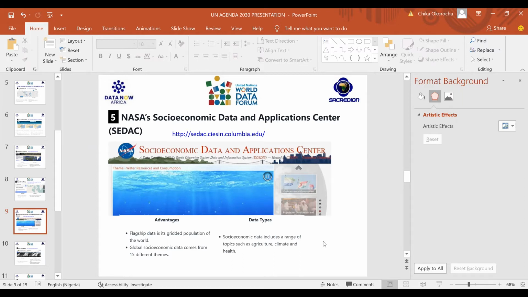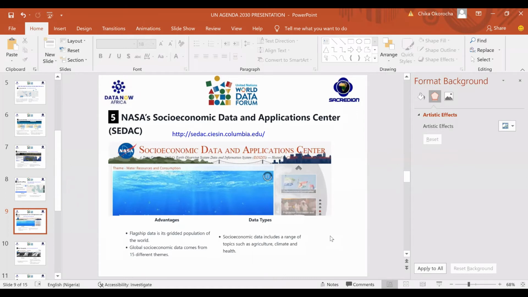I've actually gone through this platform, and you discover from this platform, you can even get information that relates to population, poverty rates, all over the world. And if you look at the themes, they have been produced as thematic maps. You know, this socioeconomic data has been developed as thematic maps from different countries, and you can access them from this platform.